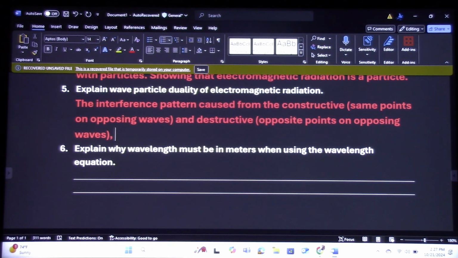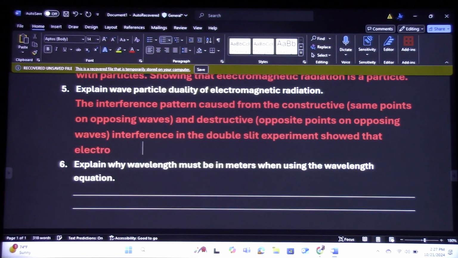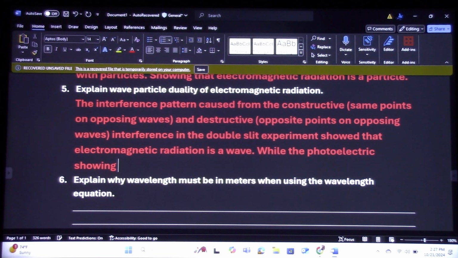So the interference pattern caused from the constructive interference in the double slit experiment showed that electromagnetic radiation is a wave, while the photoelectric effect showing electromagnetic radiation